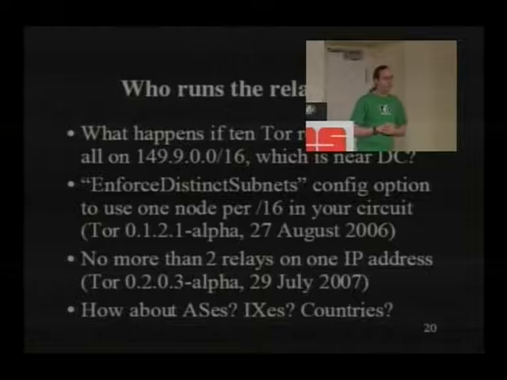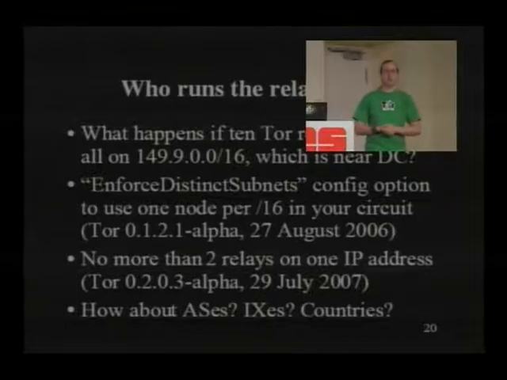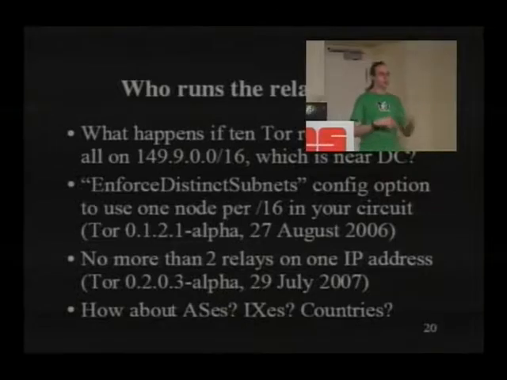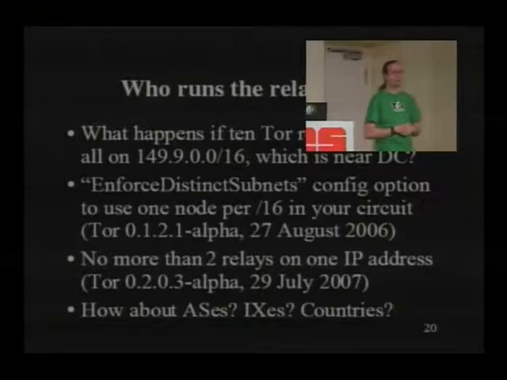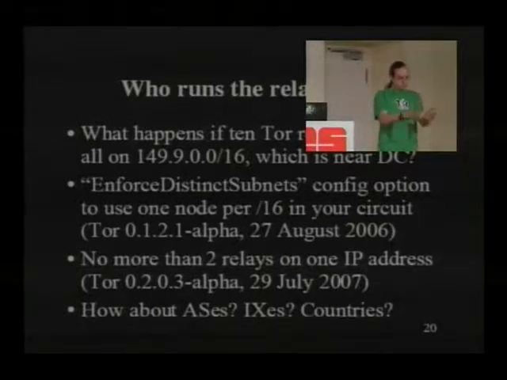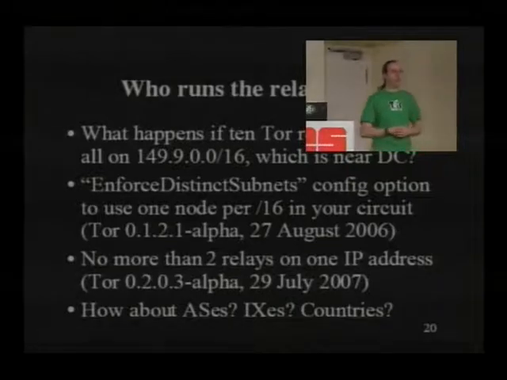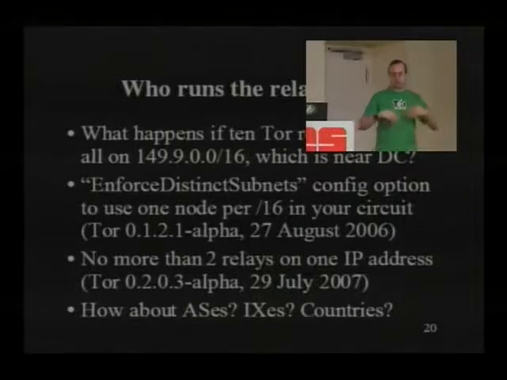So we actually tracked it a little bit farther back, and we found some people who are part of the security hacker community, and they were just trying to help out. They had an interesting business model, which is: we sell co-location service, and it's cheaper if you run an exit relay on the stuff that you buy from us. We'll give you a discount if you run an exit relay. And it hadn't occurred to them that running an exit relay on an IP address just next to itself wasn't actually the best way to provide good anonymity for the Tor network, because they were just adding them all to